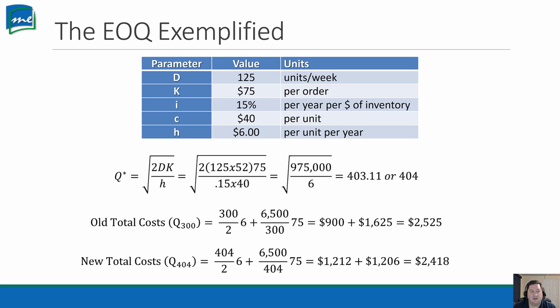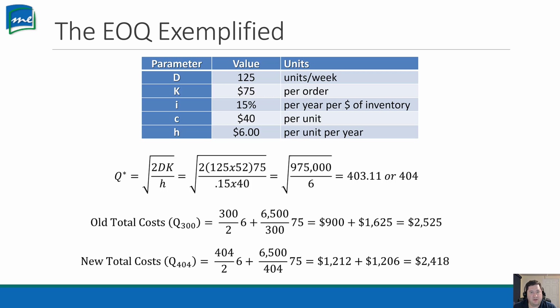So you're taking that percentage and finding out the dollar value. When you do the math, you're going to have the square root of 975,000 divided by 6, which equals 403.11, but you can't have 0.11 of a unit, right? So we round up. So we have 404. So when we look at our old quantity that we used to order, and we plug it into the two formulas to figure out where the lines were on the graph, we come up with